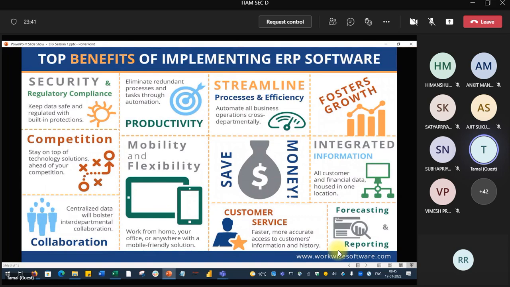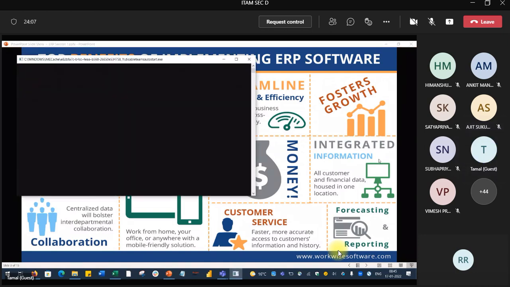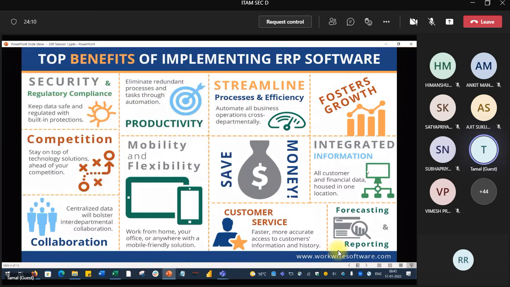Okay. First thing I would like to give you is streamlining. This is the main thing. It should not be human centered. It should be process driven. The processes have to be streamlined. So that is one thing ERP can very well do. Definitely. And integrated. This is the second one. Data is located in a central database. Everybody will use their own set of data. So there is no discrepancy between the data.